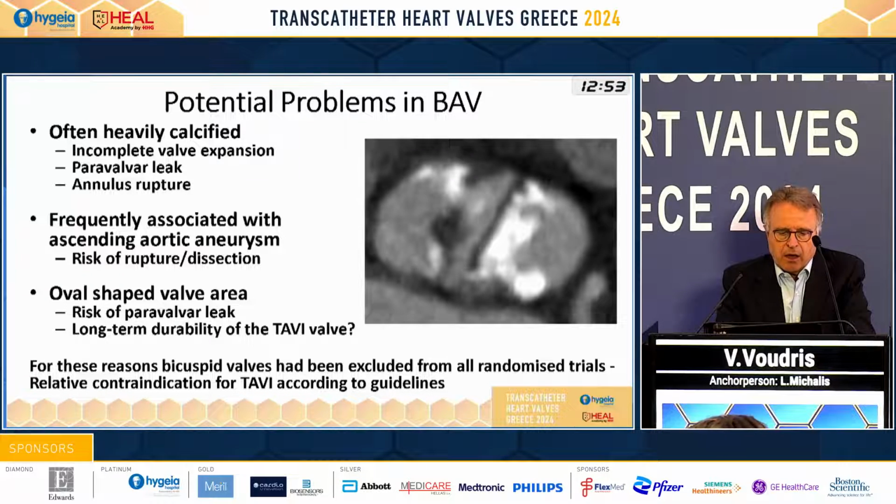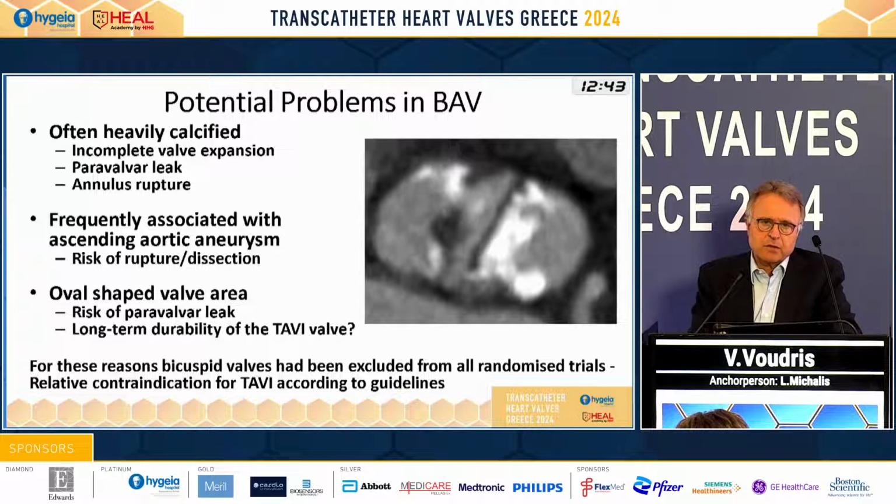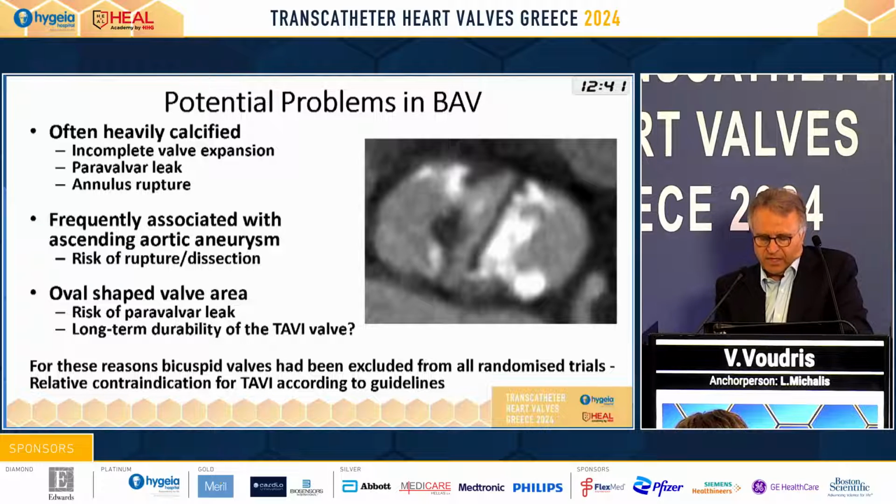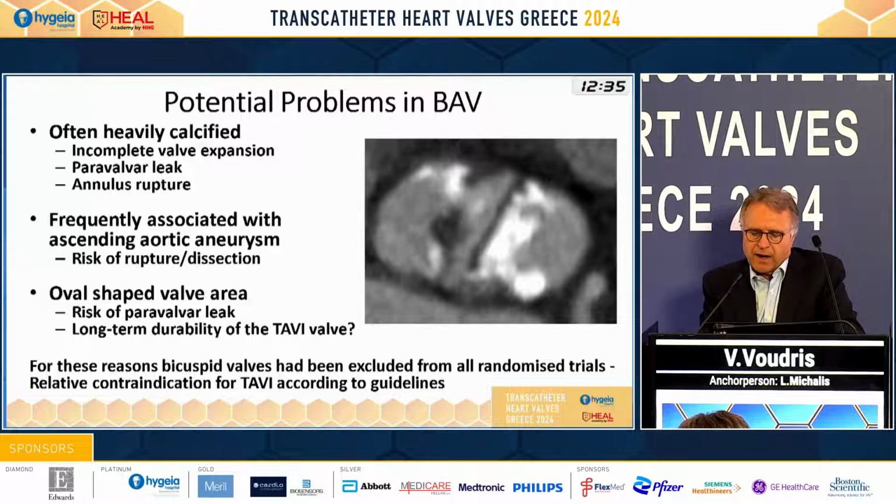Finally, the oval shape of the valve area leaves a space for paravalvular leak, and we don't know at this time the long-term durability of these devices. For all these reasons, bicuspid morphology has been excluded from randomized trials, and there is a relative contraindication for TAVI